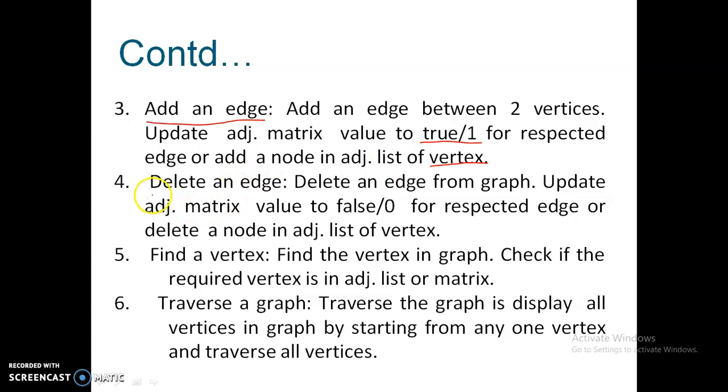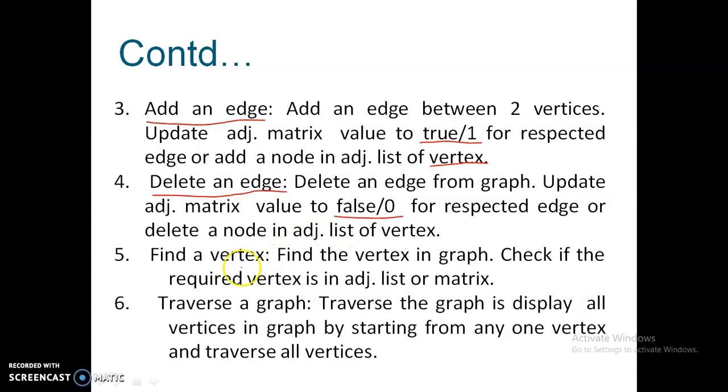The next one is deleting an edge. Deleting an edge means we need to delete one edge from the graph. For that we change the value in the adjacency matrix to false; the existing value is true, and we change it to false or 0 for that particular edge.